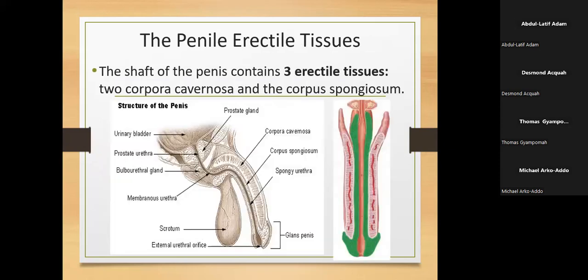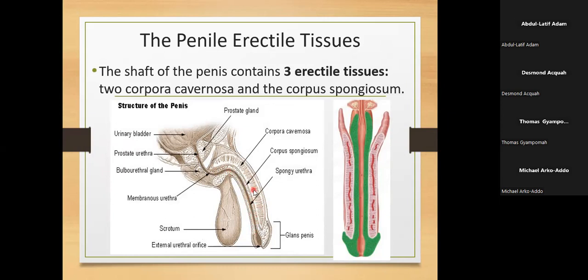Right. So this is the erectile tissues, because we've said that the erectile tissues will have to be engorged. So you should have an idea about what it is. Over here, of course, the entire organ is the penis. Then of course, you know this one as the urethra. And then immediately after the urethra, there's a tissue here.